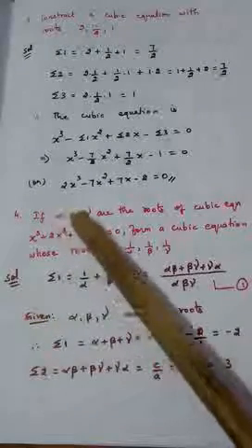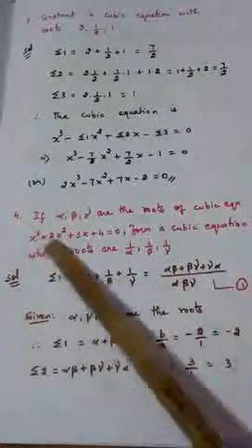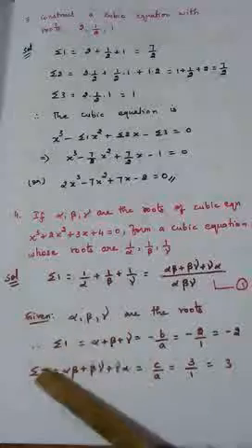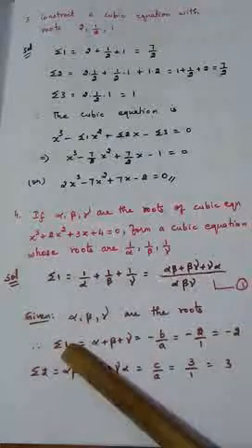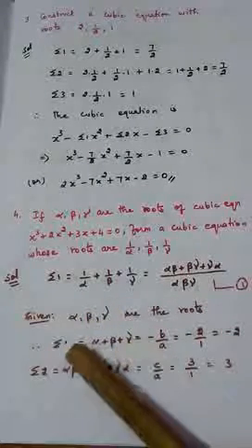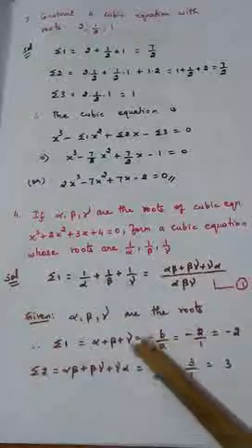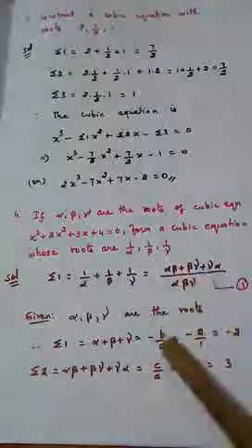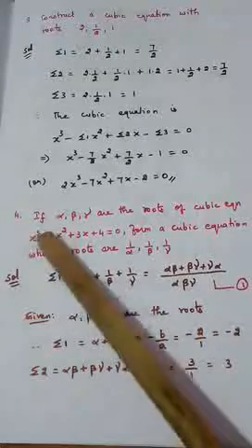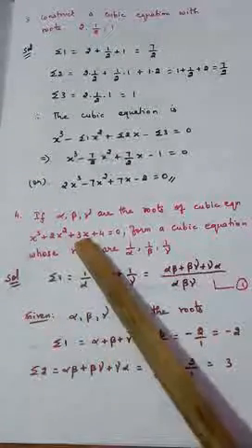They have given alpha, beta, gamma are nothing but roots of this equation. So I am just leaving this line, come here. Given: alpha, beta, gamma are the roots of this equation. I'm calculating sigma 1, sigma 2, sigma 3. What is sigma 1? Take one at a time, that is alpha plus beta plus gamma. What is beta's formula for sigma 1? Minus b by a. So don't get confused. Where should I go for b and a? See this equation. I have not written here, but I'm going to explain it. A means 1, B is 2, C is 3, D is 4.